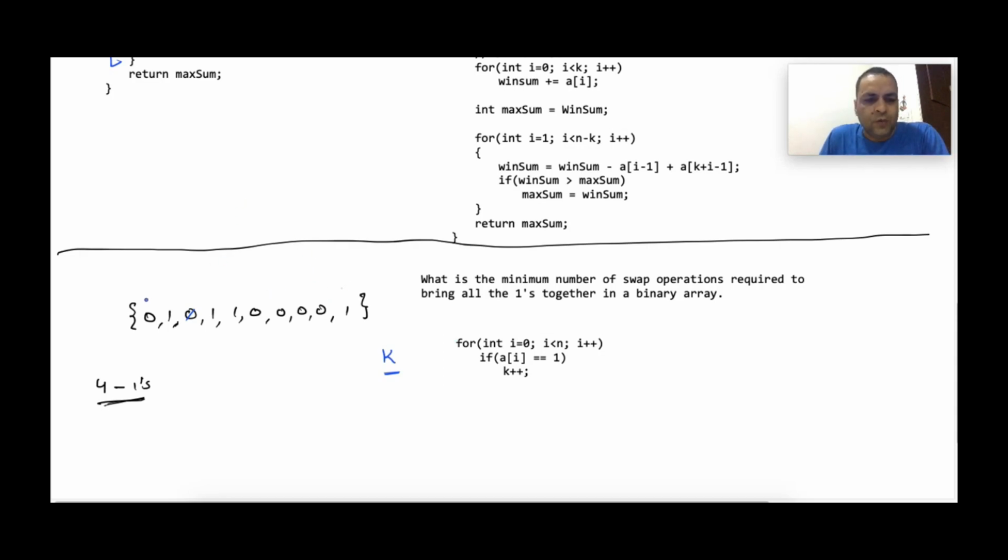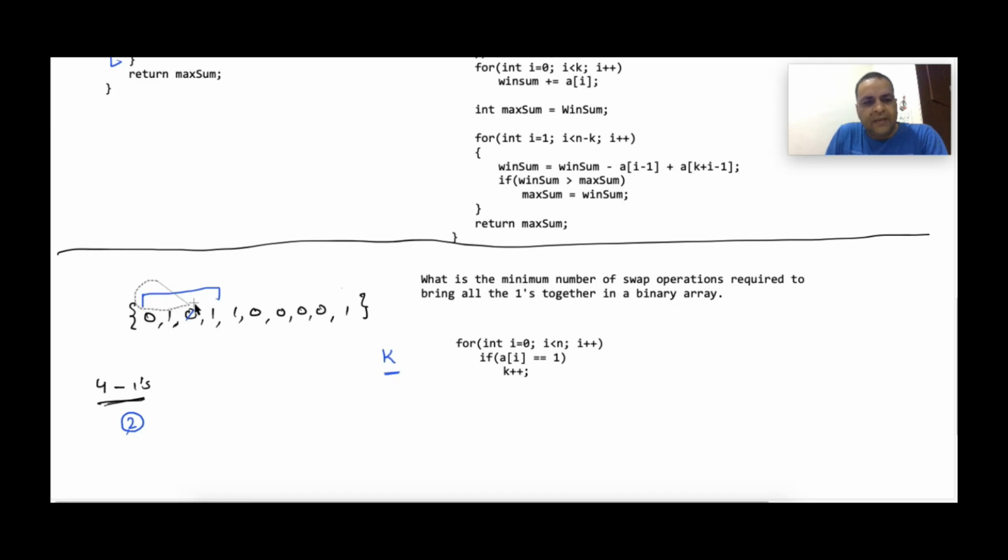So what we will do is find the total number of ones in the first window of size k. The total number of ones in the first window of size k is 2, right? Then we shift the window. When you shift the window, one element will be moving out of the window and one element will be entering. So we will track the element which is moving out and the element which is coming in.